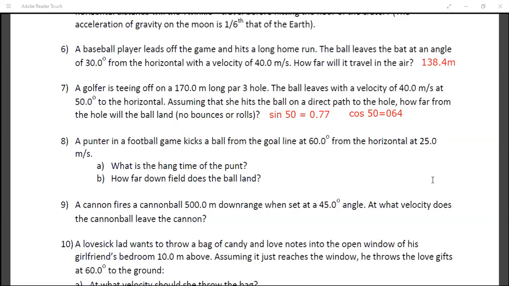Sir, actually it is easier with sine 100, because that is 0.98. But most of you should know that value, no? So if they give the value in the table, or in the question, use that value directly. Other than the standard angles, they will specify the values in the question. Okay, sir.